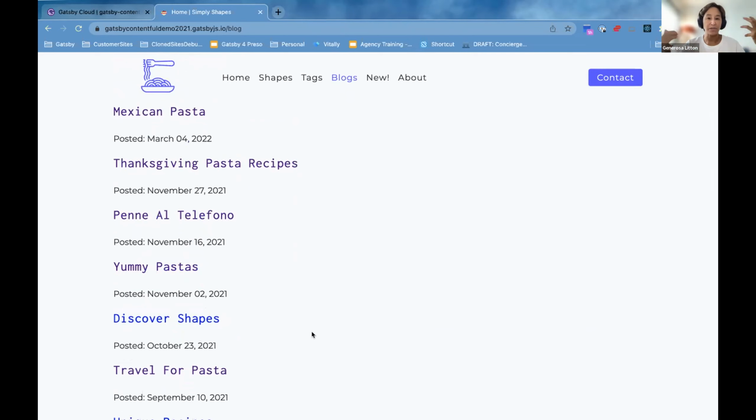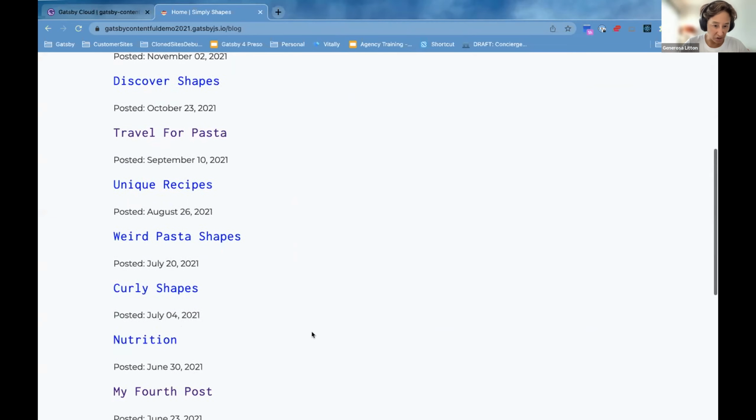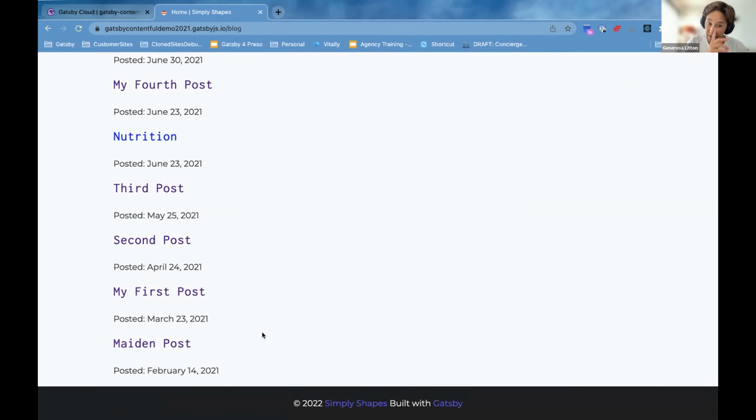Typically, if you're changing something in Gatsby config or Gatsby node, Gatsby will need to rebuild the whole site. So in that case, you could defer building of older content to when users actually access it. In this case, the blog page has deferred content, and it defers content that is older than June 25. So anything from my 4th post and below is deferred.